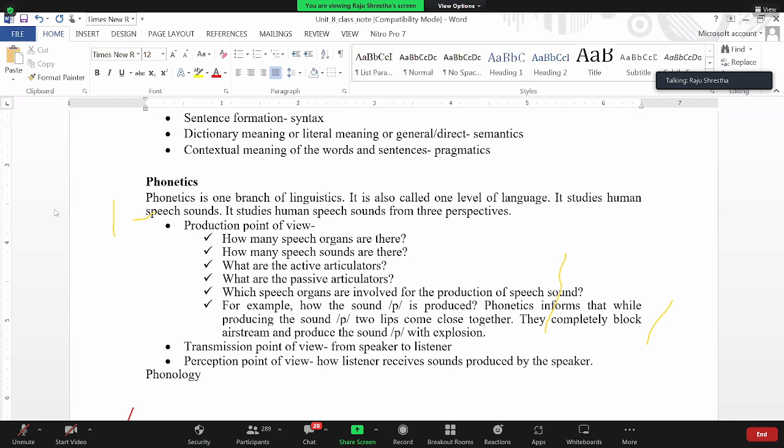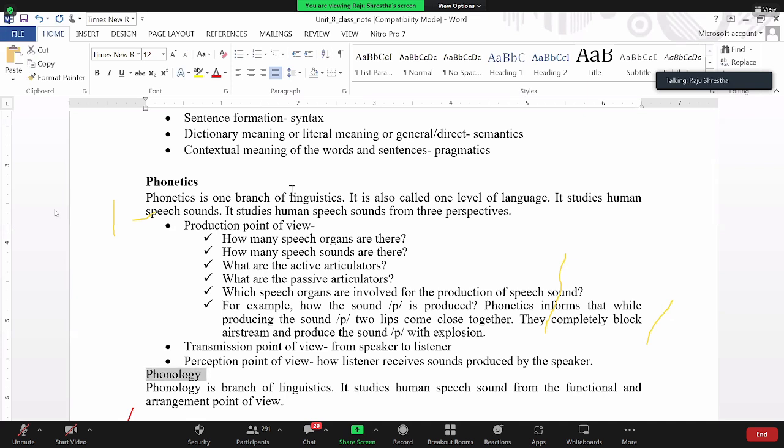phonology हैन, phonology भनेको पनि के भने phonology is also one branch of linguistics, तर यो ब्रान्चले केलाई स्टडी गर्छ भने it studies human speech sounds from the functional point of view. अब यसले चाहिँ फंक्सन खोज्छ, माथि फंक्सन छैन, फोनेटिक्समा फंक्सन छैन. Functional and arrangement point of view. अब phonology ले हेर्ने भनेको फेरि के भने